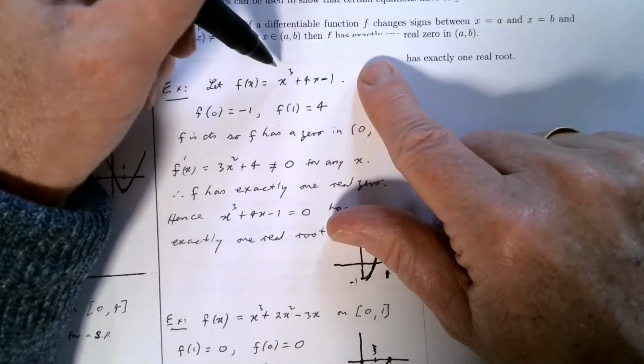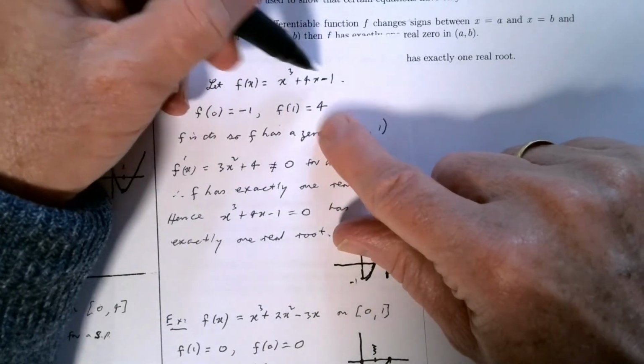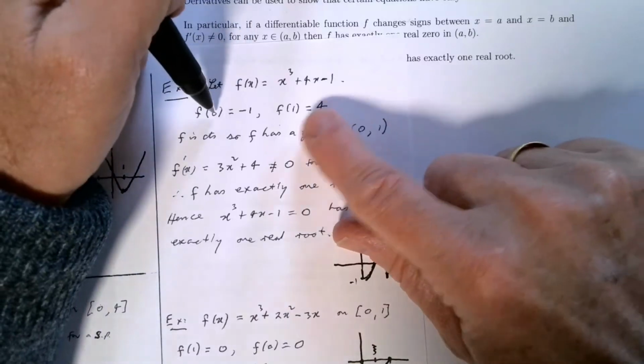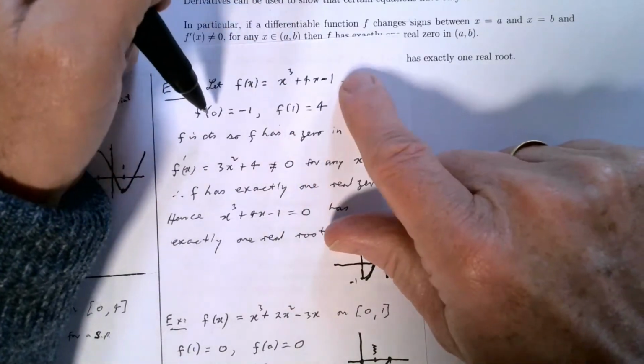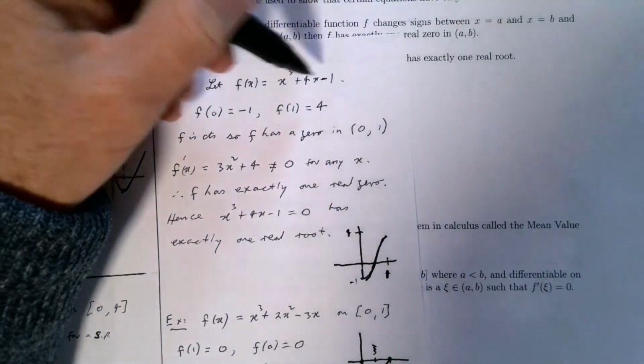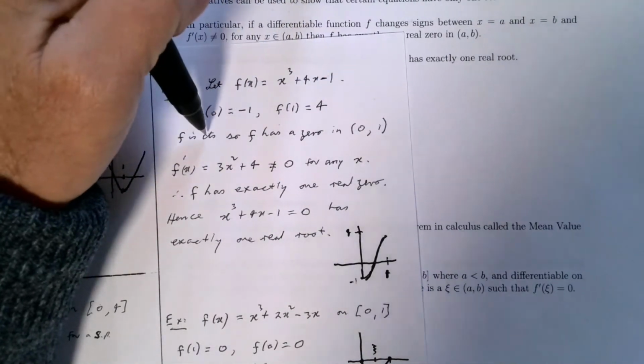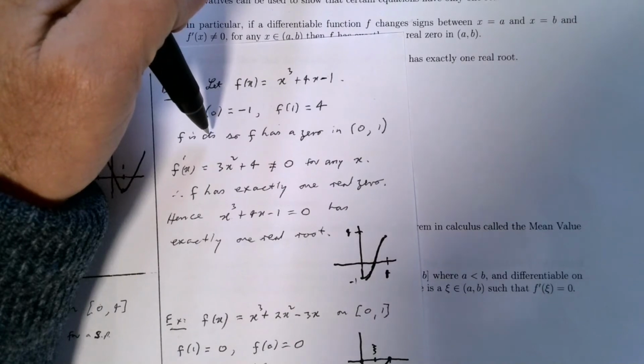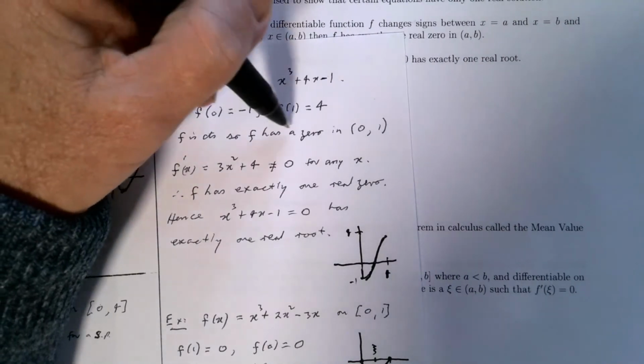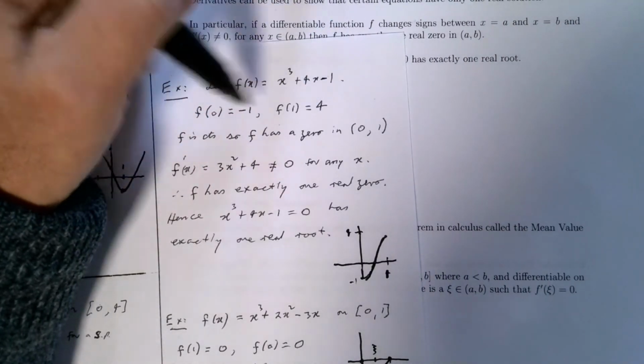And if I put in 1, what happens? Well, you get 4, which is positive. So I just got these by trial and error. I just looked at it and thought, well, I'll try 0. I get negative 1. Put in 1, you get 4. So f is continuous, so we know by the intermediate value theorem f has a 0 somewhere between 0 and